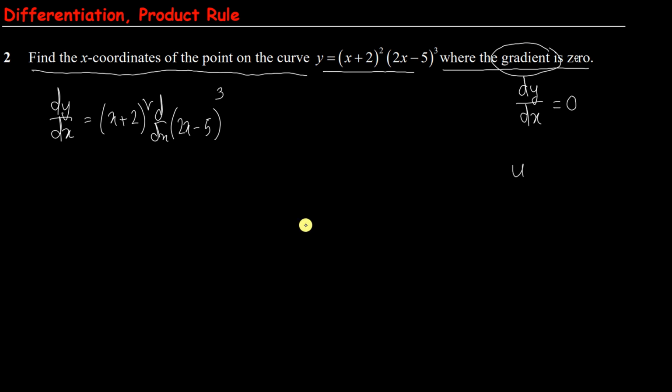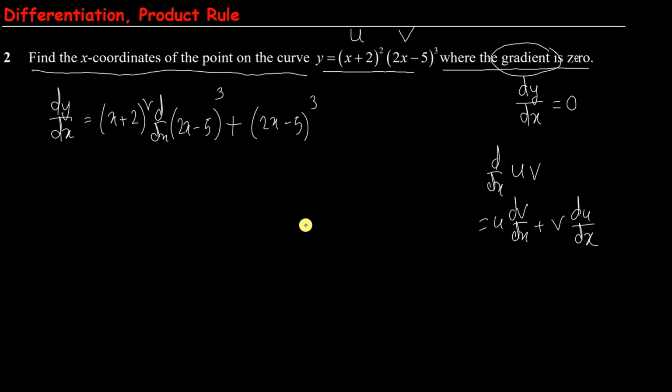You know the product rule: for u v, the formula is u dv by dx plus v du by dx. Here we can consider the first one as u and the second one as v. But if you take the first as v and the second as u, no problem, you would get the same result. So next, v is (2x minus 5) to the power 3, and the second part is